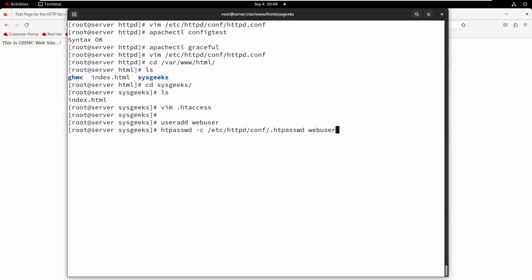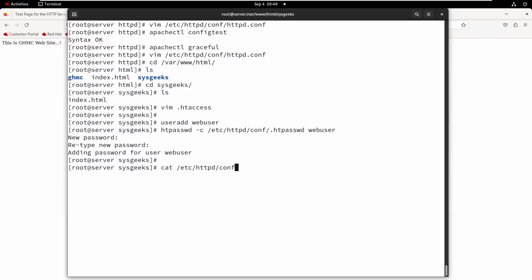And then if I press enter, what is the password? Let me add 1234 and 1234. Adding password for user webuser is a success. Then where is the password? By default it is in /etc/httpd/conf and then .htpasswd.